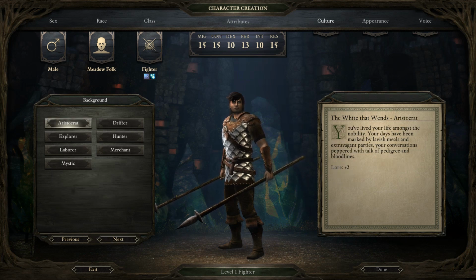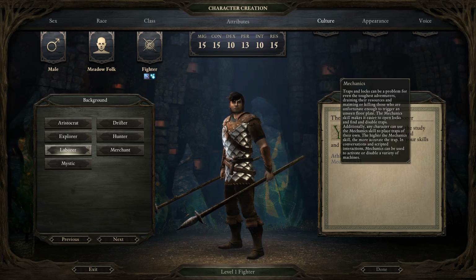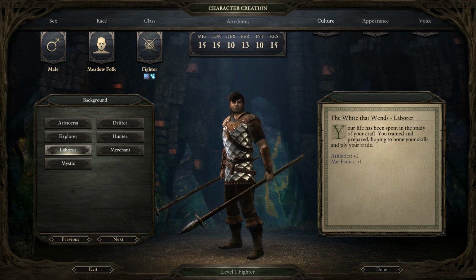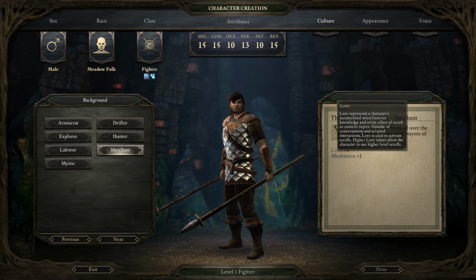Okay, background. Aristocrat gets you plus 2 lore. Explorers plus 1 lore and plus 1 survival. Plus 1 athletics, plus 1 mechanics. Lockpicking and trap fixing. Mystics plus 2 lore. Merchant, lore and mechanics. Wait a minute. Why lore for merchant? Represents the character's accumulated miscellaneous knowledge and trivia, often of occult or esoteric topics. Outside of conversations and scripted interactions, lore is used to activate scrolls. Higher lore values allow the character to use higher level scrolls. Alright, so